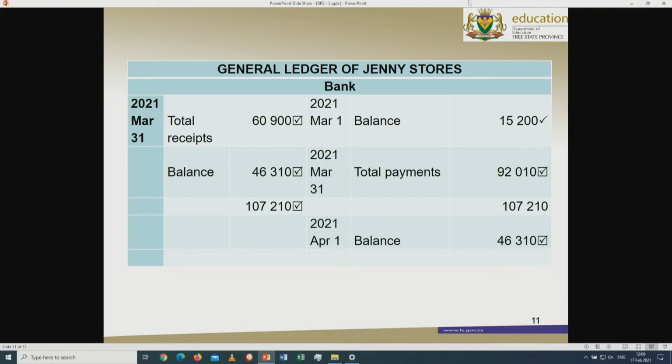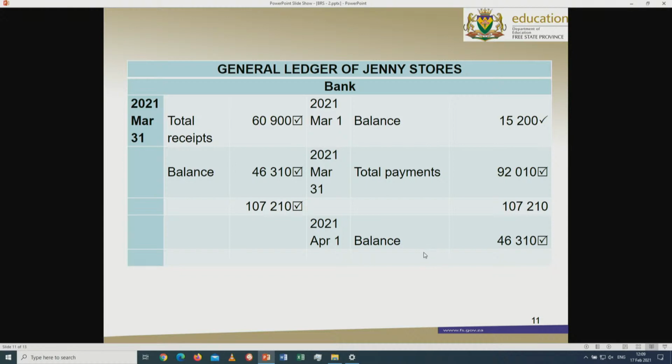So when we balance, we'll add the two, 15,200 plus 92,010. It will give us 107,210. In this case, our credit side is more than debit side. So we'll say 107,210, we subtract 60,900 and we are left with 46,310 as our balance carried down on the side with a smaller figure, which is our debit side this time, and we transfer it to the credit side, which is the side with a bigger amount on the first day of the following month, which is 2021 April the 1st. Balance brought forward or balance brought down